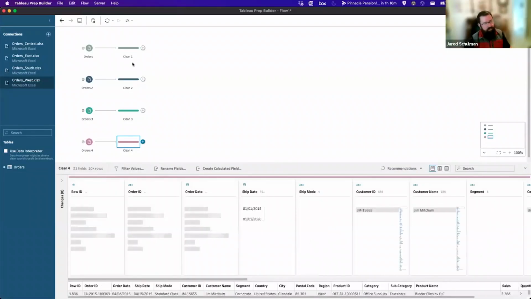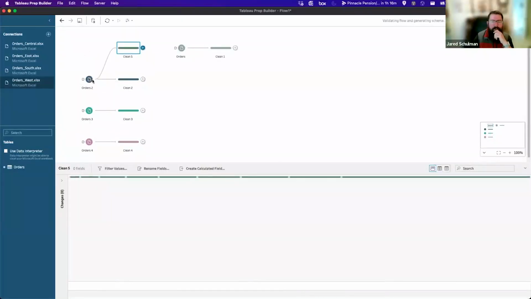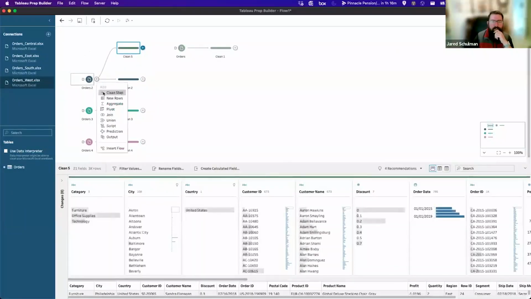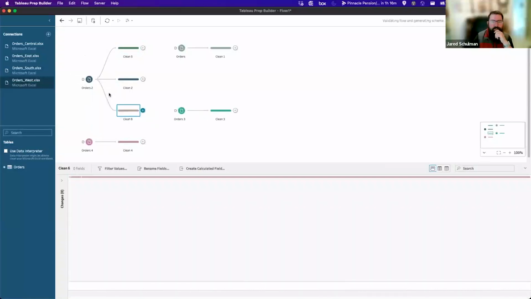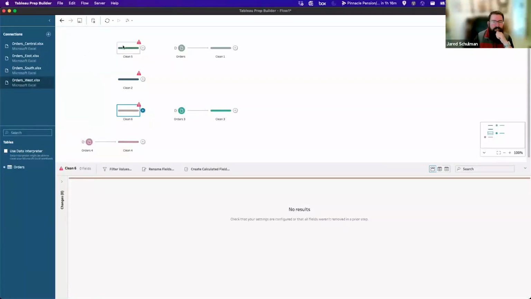The other really nice thing about clean steps is if we had a bunch of different branches coming off of one of these input steps, like 3 different branches of the flow, and then we got rid of this orders input, all of a sudden we have to connect the new input to 3 different places.